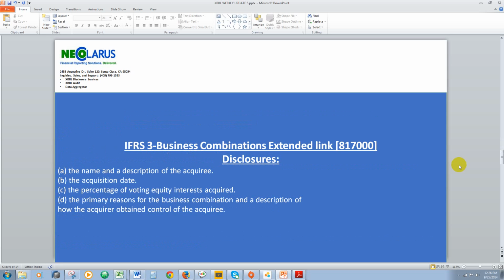So this slide actually talks about some of the important disclosures: the name and description of the acquiree, the acquisition date, the percentage of voting interests acquired, the primary reason for the business combination, and a description of how the acquirer obtained control of the acquiree,